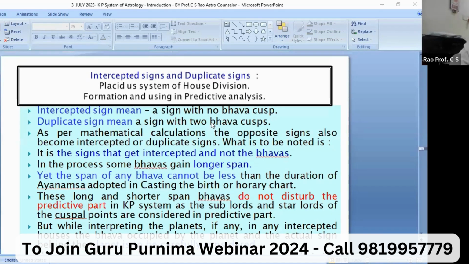In these transits, you should see the intercepted signs and duplicate signs. Suppose, as I already told you, two Bhava Sputas may be in one sign, and the opposite sign will also have two Bhava Sputas, and similarly two signs will be vacant. So the duration of a Bhava goes up in these two signs, and a slow moving planet goes through the longer duration signs, a fast moving planet going through the longer signs. If it is favorable, it